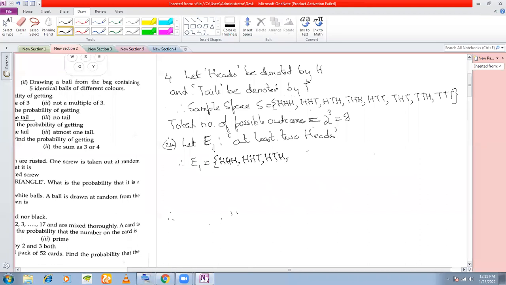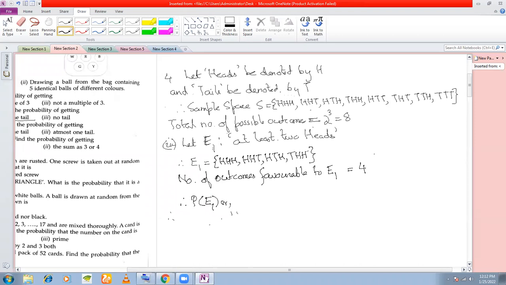HTH, THH. Right. And no other. So the number of outcomes favorable to E1 is how many? 4. So therefore, the probability of E1,